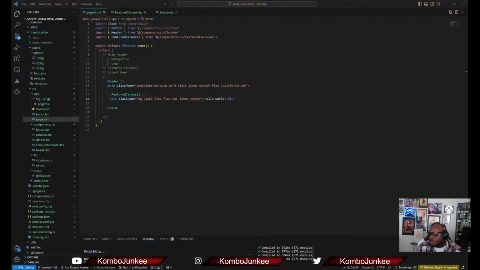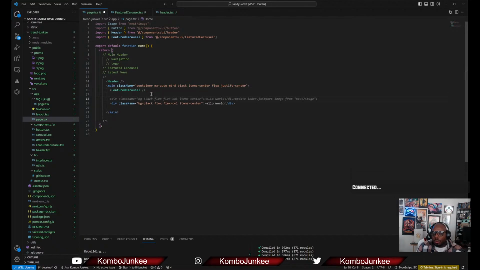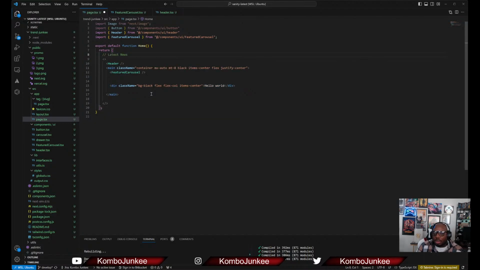So basically we are done with our carousel, so I'm gonna kind of tuck this away and we'll move on to, so we've done the main header, we've done the carousel, now we'll move on to latest news, right? So that's what this represents, bucket here, latest news. Now going back to the browser,